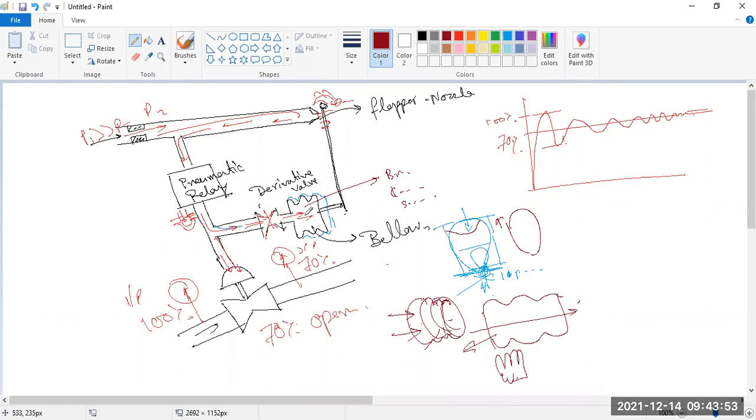Okay, so whenever you allow some fluid to enter, in this case the fluid is your air pressure, or some gaseous form, it will expand, and at that moment you lock this derivative valve. Okay, so whenever it is locked, it will go to the static position. It will reach the static position.